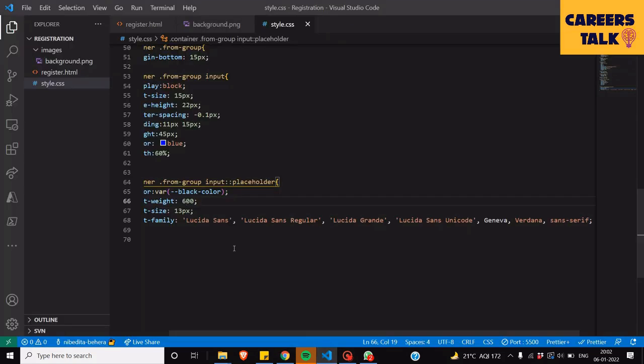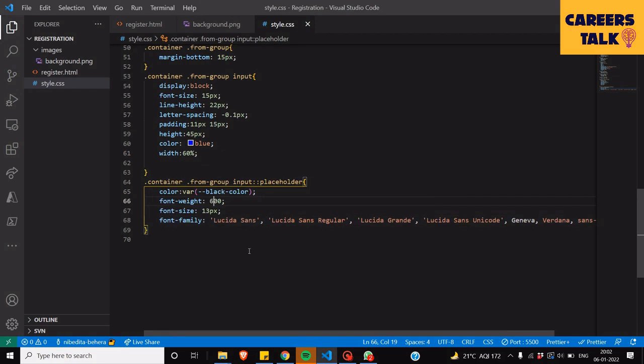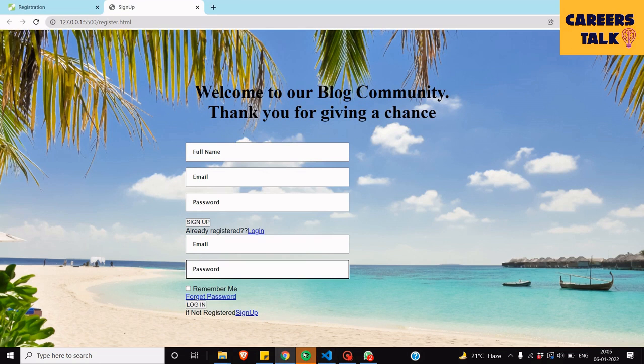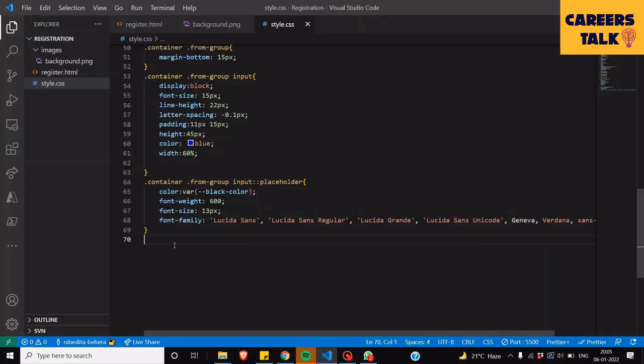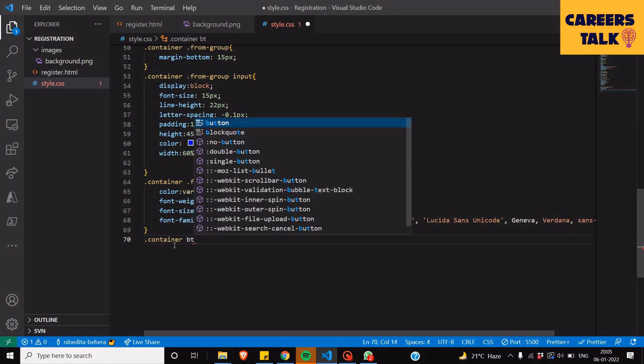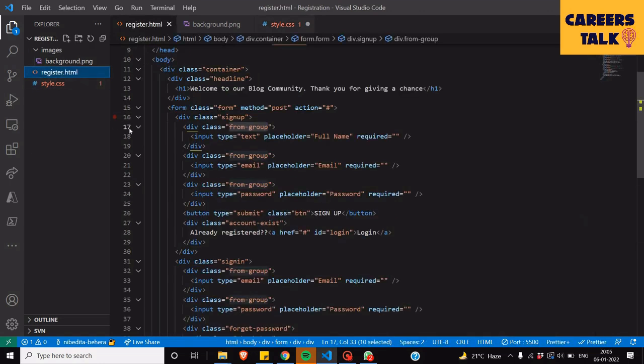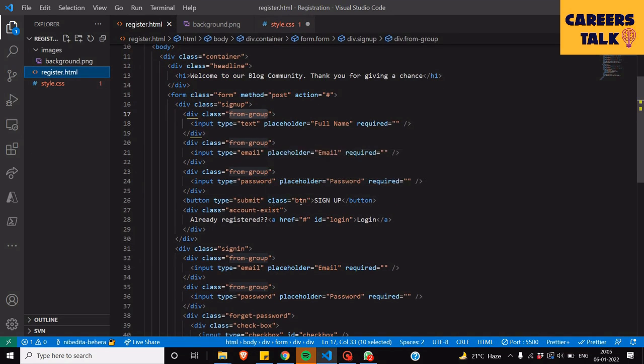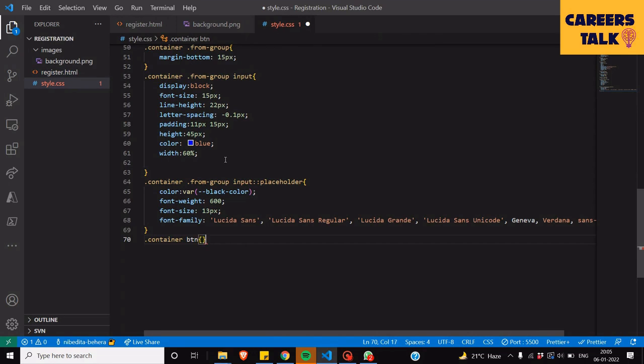Back to our CSS. We have set the CSS for the placeholders. Now we'll go for the buttons. We haven't touched the buttons yet. We are going one by one. So we have entered the headlines, then the placeholder. Now we will go for the buttons. So dot container buttons. What did I name the button class? Button, right? btn. So it will be btn, and we will set the